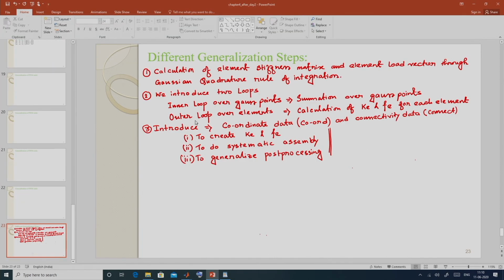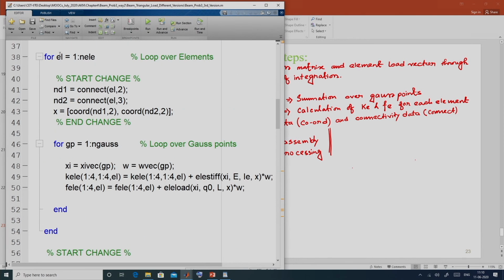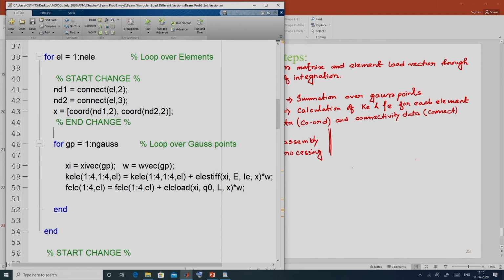After that, we did introduce two loops. Here there is one inner loop over Gauss point to take care of the summation over Gauss points, and then we create this KLE and FLE for each element.